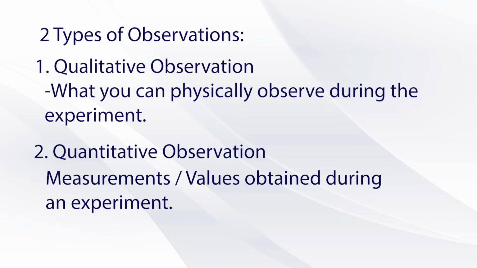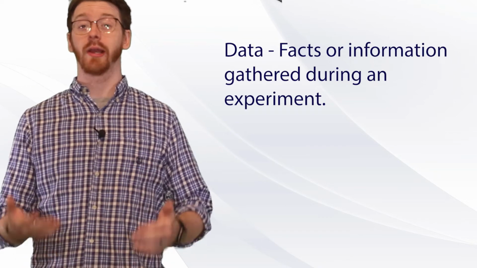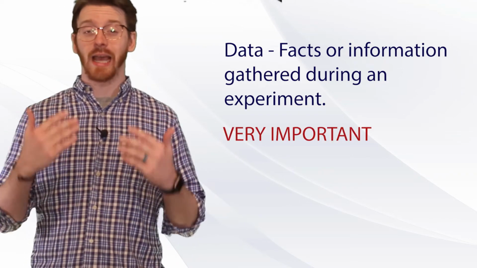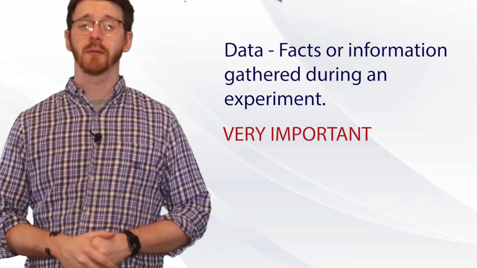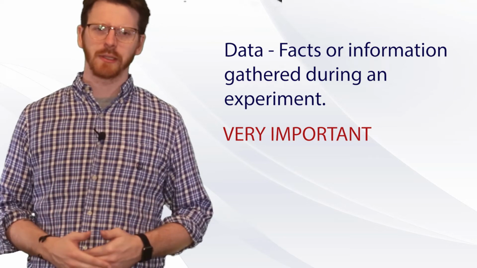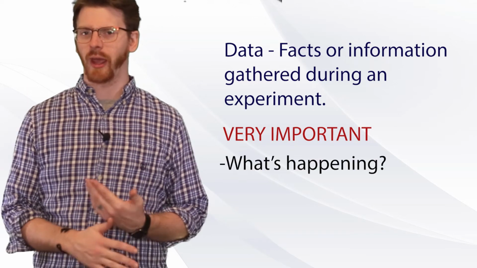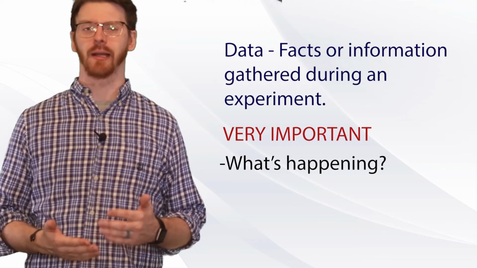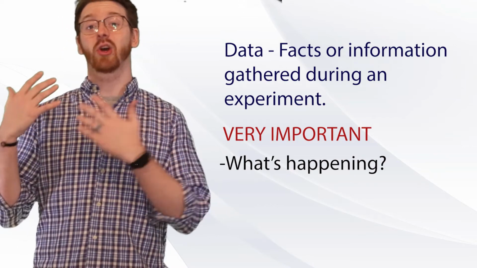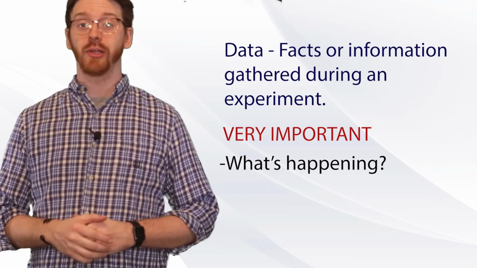And measurements are just ways for us to keep consistent forms of data. Now, we're going to be using the term data a lot, especially in the lab. Data is pretty much anything that you record or information that you get back from doing an experiment. And I have to tell you, the data is the most important part when it comes to the scientific method. So many times I've seen people try to use the scientific method with experiments, but they don't look at trends in their data. What's actually happening? This is the most important part because this is where you can form a solid conclusion